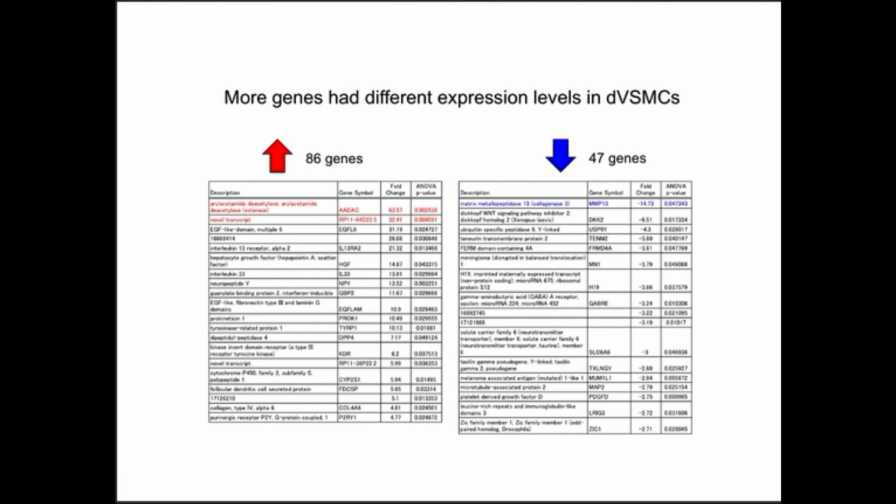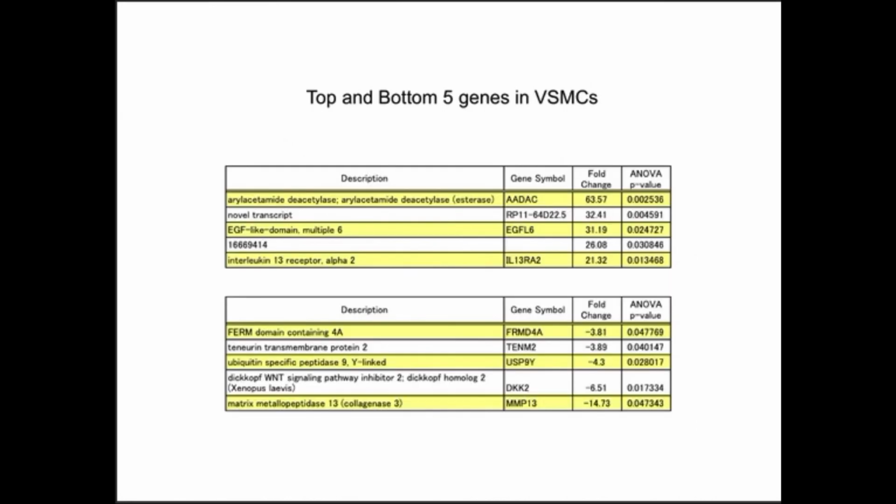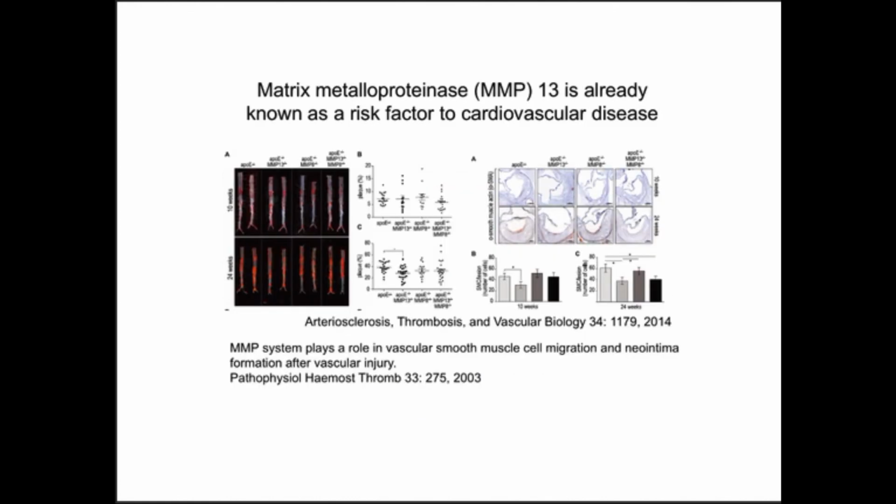On the other side, we saw some genes that were the most highly expressed in those people that were protected, but they didn't have any known association with coronary artery disease, but we were interested in them. So this is your top 5 of both of them. A couple of the others we've now figured out are somewhat linked, but on the overexpressed side, we didn't have anything that definitively linked them.